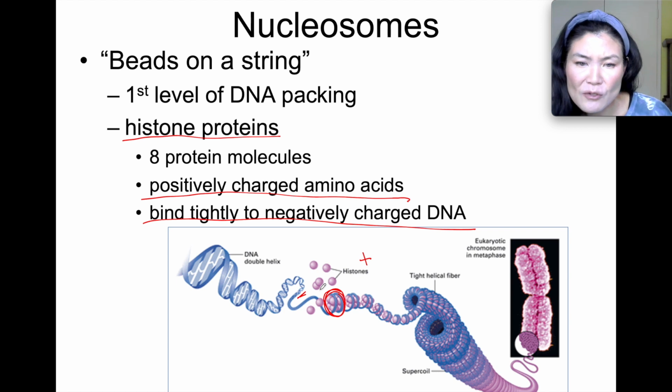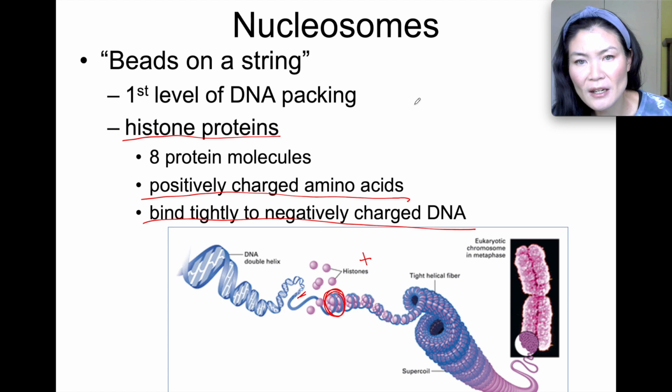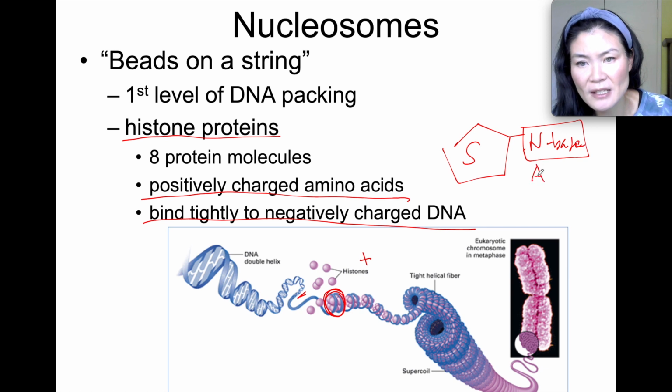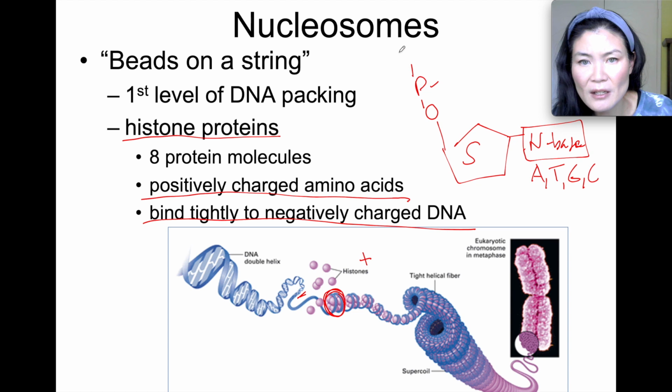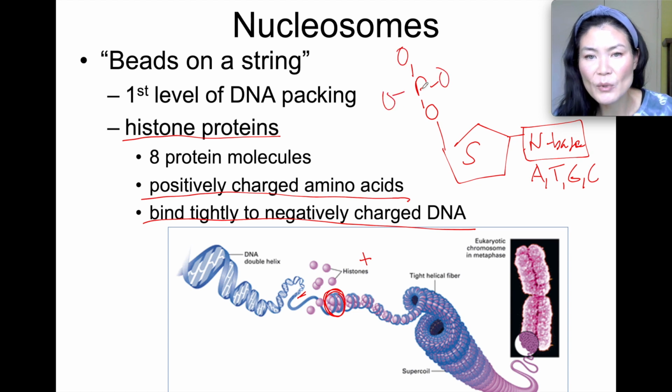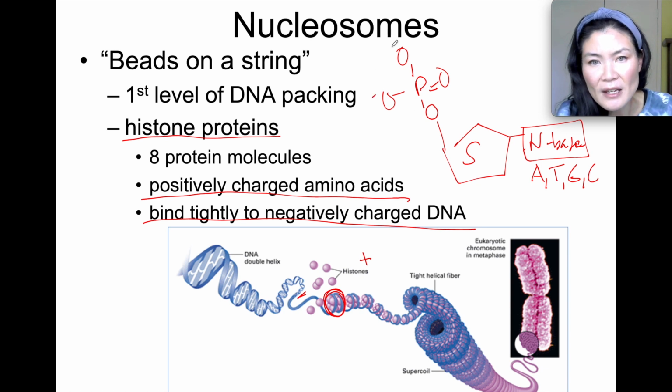And I'm wondering if you guys remember why DNA would be negatively charged. When you look at the structure of DNA, you have the deoxyribose sugar, right? So this is our sugar. You have the nitrogenous base. Remember, the nitrogenous bases are the adenines, the thymines, the guanines, the cytosines. And then you have the phosphate group. Well, here's the thing about the phosphate group. The phosphate group is surrounded by oxygens, and we've talked about this before, how these oxygens are electronegative. They have negative charges, okay?